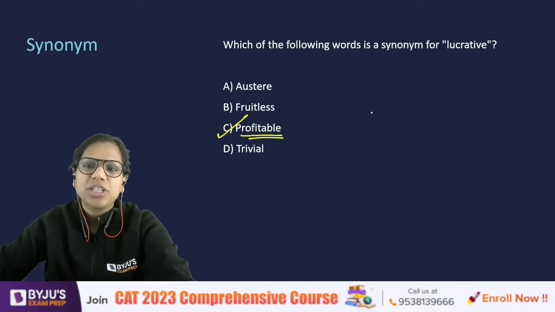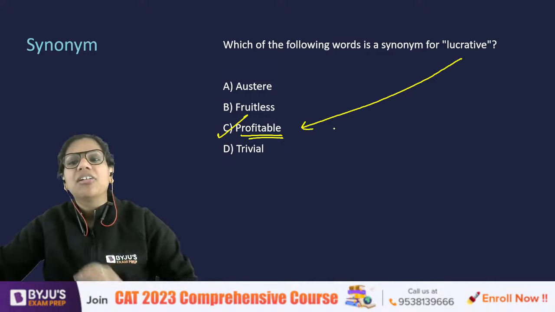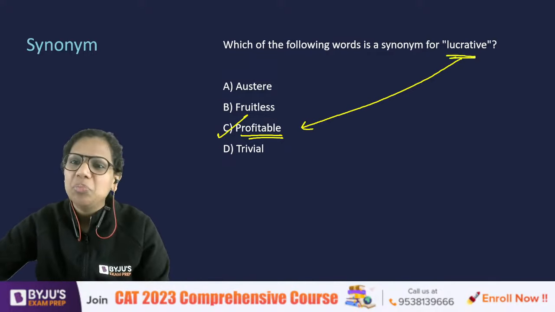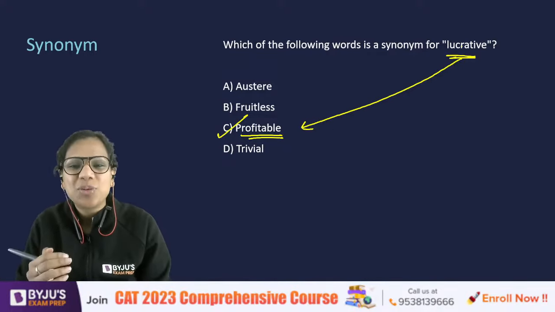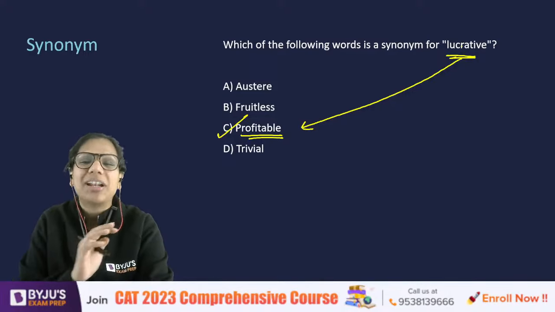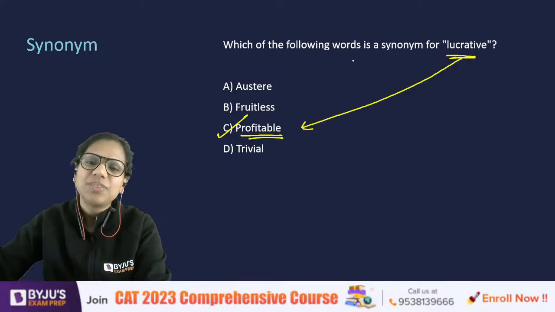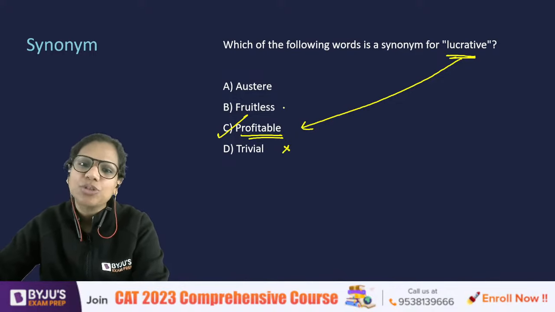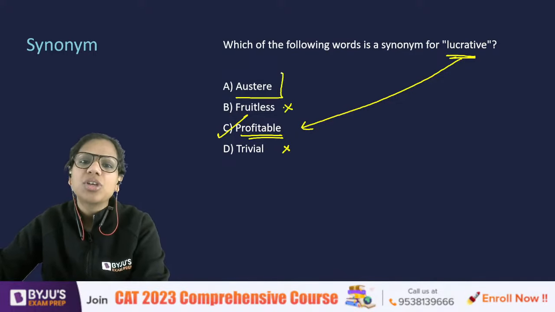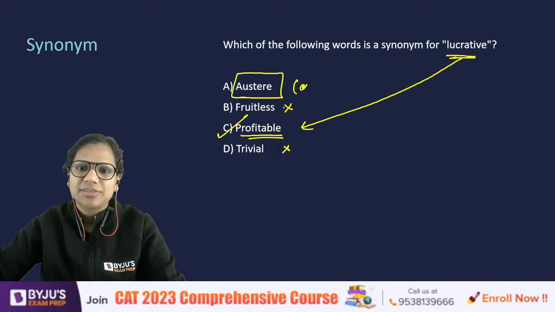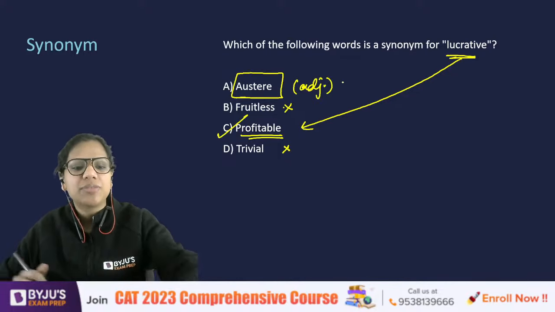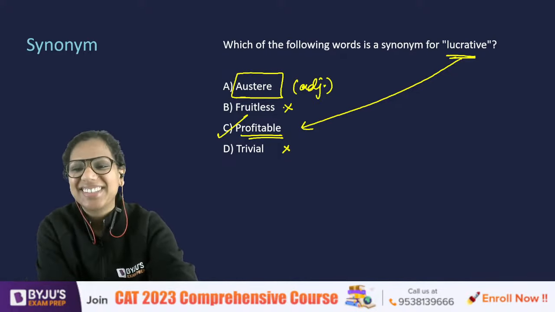This is absolutely correct. I made this an easy question on purpose because I saw that some of your synonym antonym questions were quite easy. So lucrative, the synonym is profitable. Not trivial, fruitless would be an opposite idea. What is austere? Yes, if I call someone's lifestyle austere,